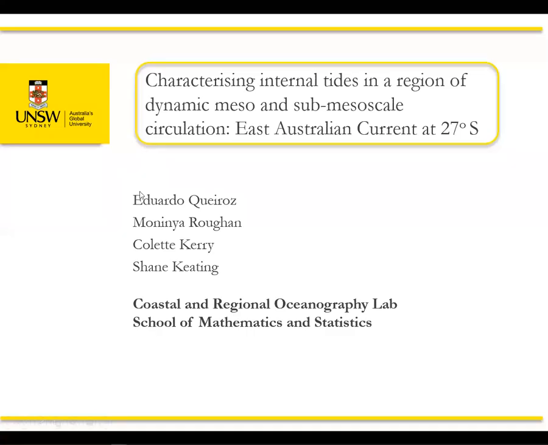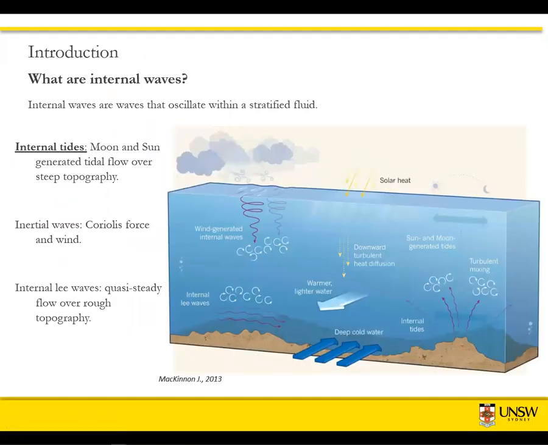Hello everyone, my name is Eduardo, and in this research I will characterize the internal tides in a region of dynamic meso and submeso circulation in the East Australian Current at a latitude of 27 degrees south. So basically, internal waves are waves that oscillate within a stratified fluid, and this figure represents three different mechanisms of